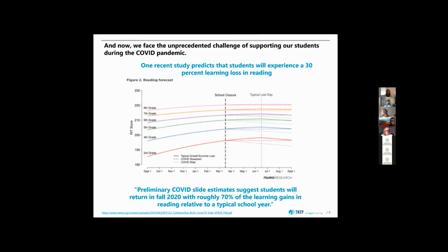And that just adds to, for students who are on track and on grade level, that's already a serious challenge, but for our